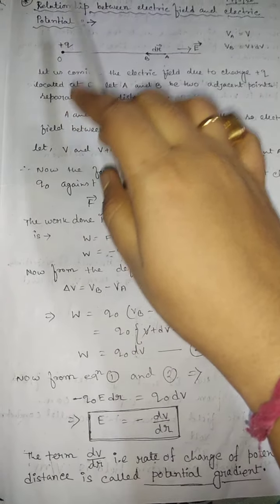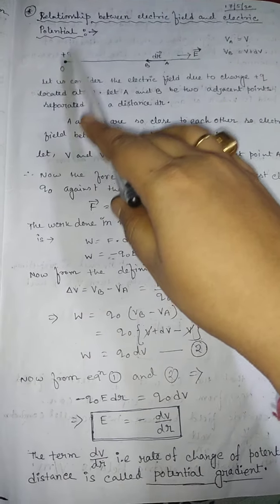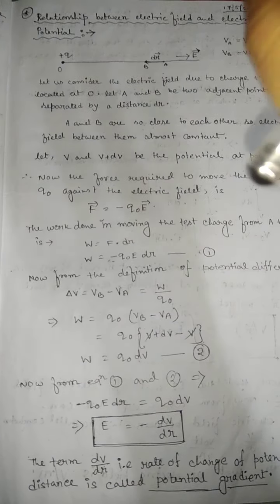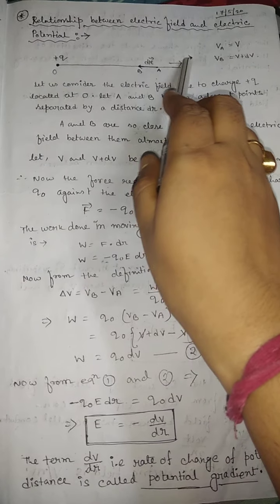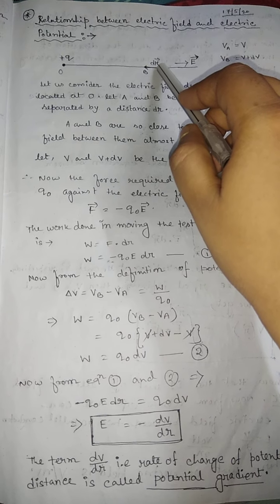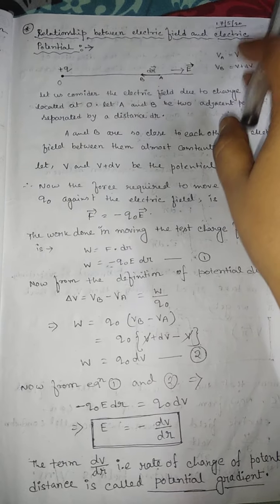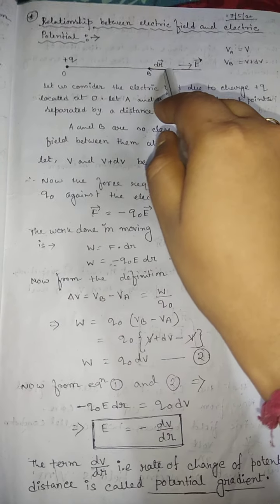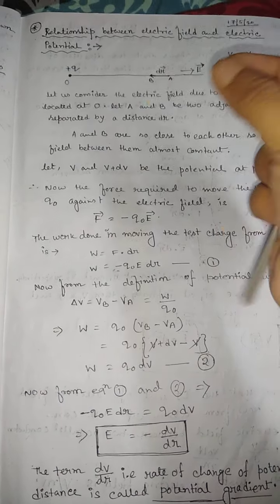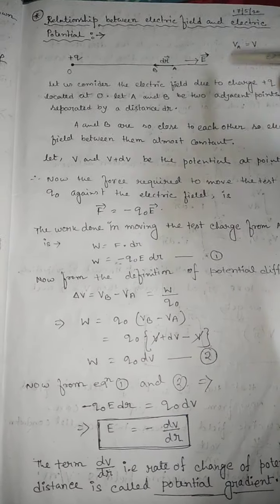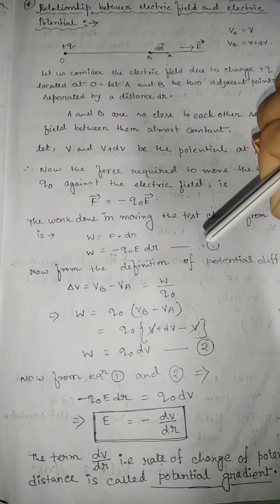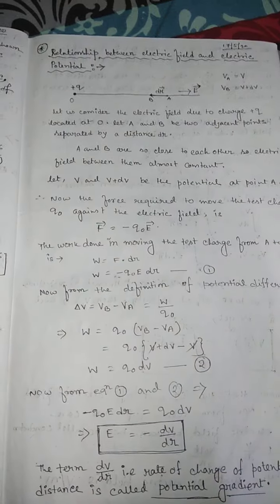Okay. So whatever electric field is produced due to the plus Q charge, because it is a positive charge, the direction of the electric field is always outward. So the electric field is towards this side here. And we also consider that at point A the potential is VA, that is V, and at B it is VB. Because they are separated by a very small distance, the potential difference between them is also very small. So the potential VB, we consider as V plus dV. This dV is the potential difference between A and B.